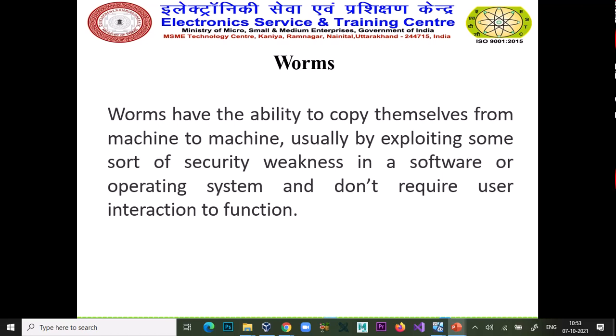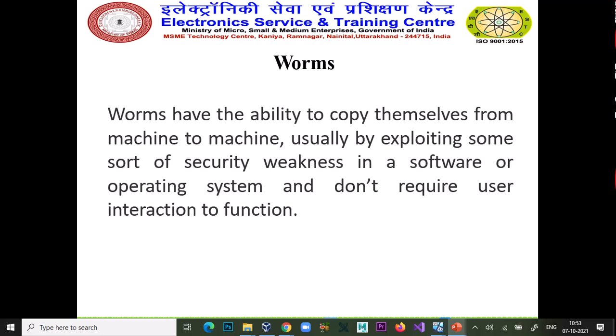Worms take the benefit of any vulnerability or loopholes found in any software. So we can say a worm replicates itself without any interaction from the user or any interaction from a human.